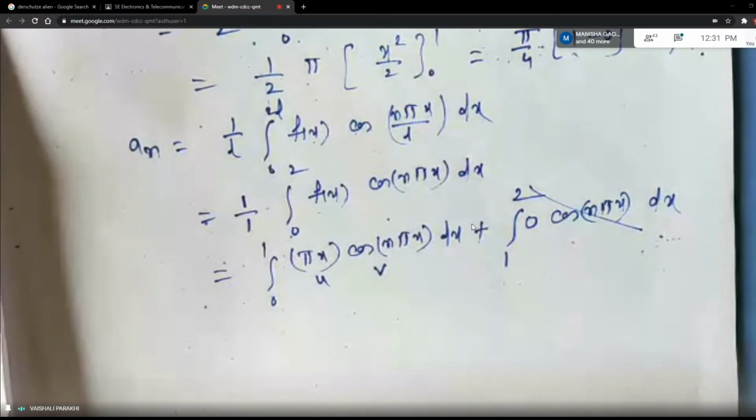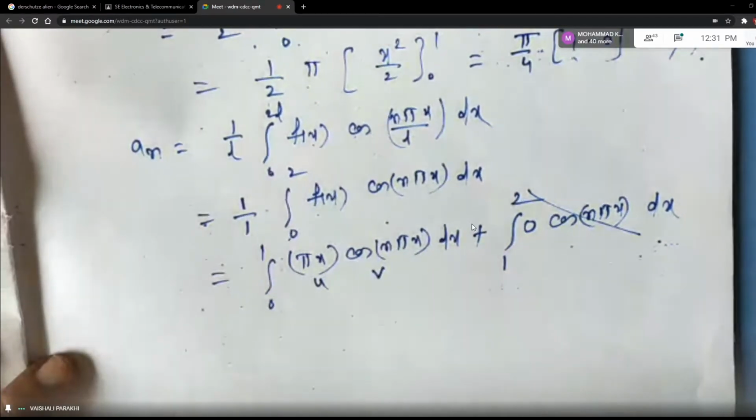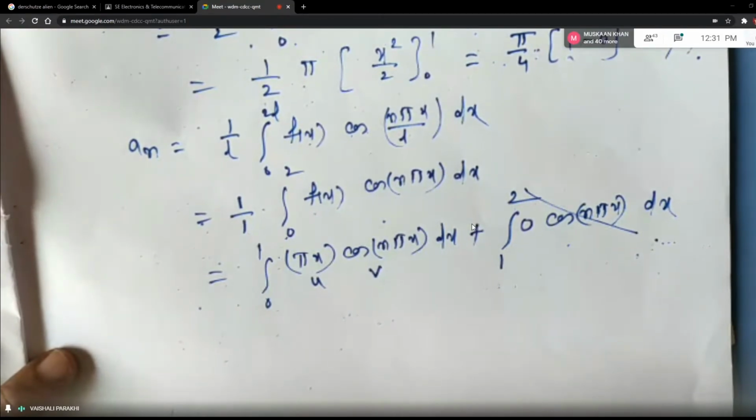Okay, so if you have any doubt, please unmute yourself and ask if you have not understood any step. See, even if it is a minor doubt, don't hesitate. Don't think what others will say, what ma'am will say if I ask something silly. Your idea should be clear. So even if it is a minor doubt, like how the minus sign, how it is 0, no problem, I'll explain.